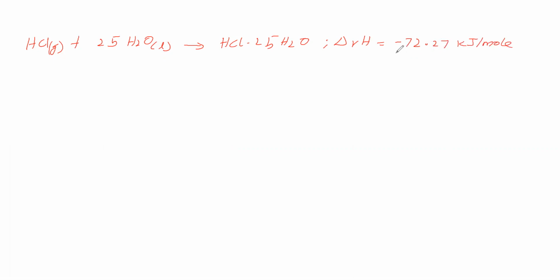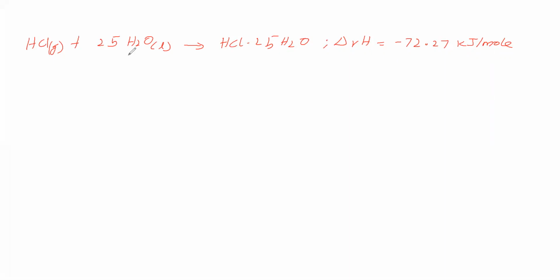Here also, what processes are taking place? One is the HCl bond between H and Cl breaking. Then between the oxygen of water and this H plus, a dative bond is formed. Then the hydronium ion is surrounded by water molecules through hydrogen bonding. Cl minus is also surrounded by water molecules through hydrogen bonding. Okay. Here the net amount of heat involved is exothermic, 72.27 kilojoule per mole.